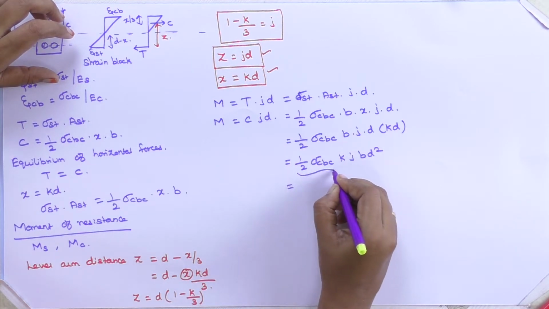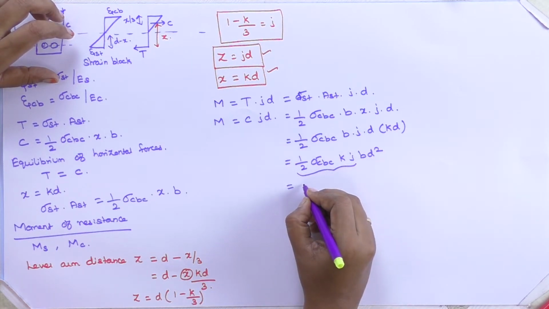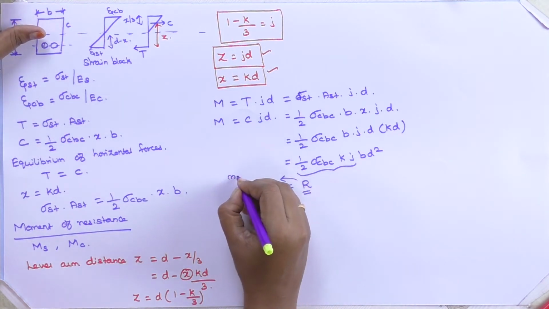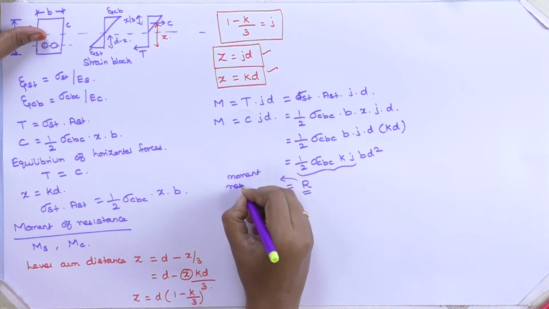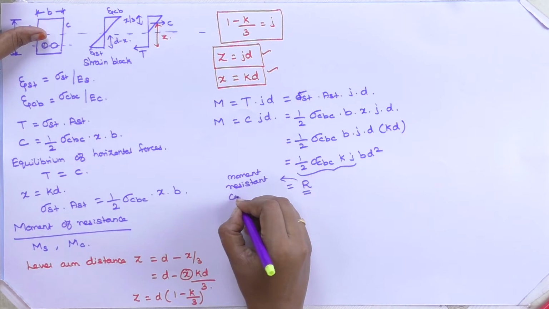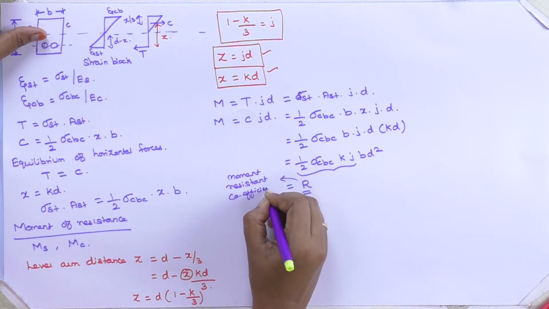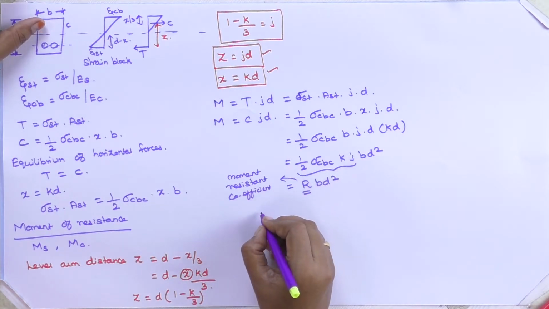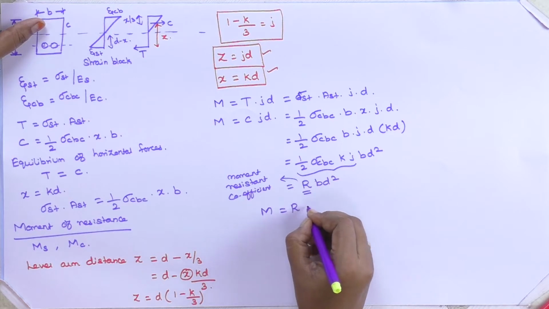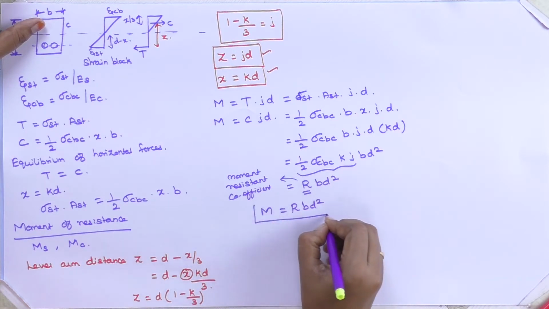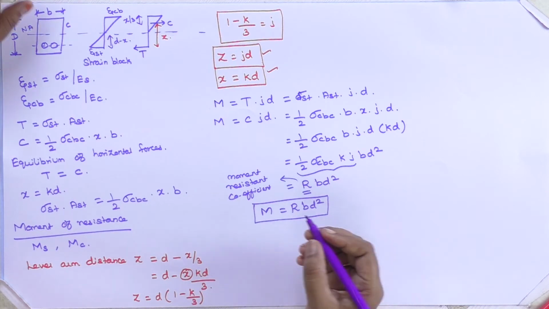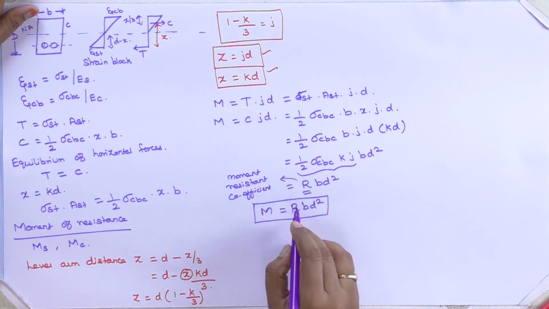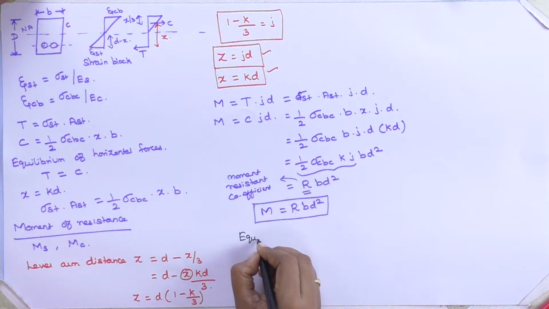So this value being a constant value, we can call it as R. This is called as moment resistant coefficient. R into B d square. So, the bending moment is equal to R into B d squared, where R is your moment factor, we can call it as moment factor, or else moment resistant coefficient we can call. Equating